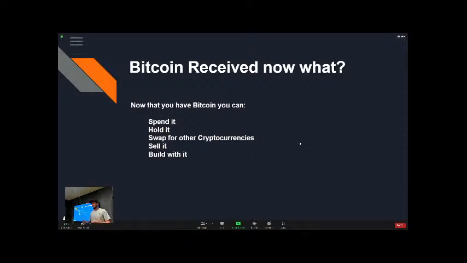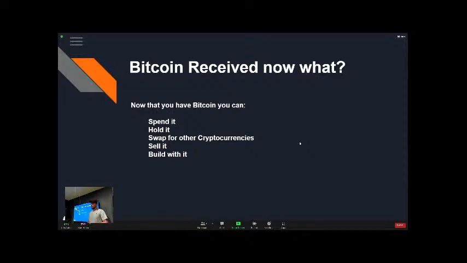You can build with it. You can actually build stuff using Bitcoin, or you can program with it. You can create really cool stuff. An example of that was the colored coins, which came before NFTs. They were the original NFTs, based off of the blockchain, because when you sign a message, you can include metadata in there, so it can be used to build stuff on. That's where the idea of Ethereum came from, as a smart contract platform meant to do that. Bitcoin does it a little less, but Lightning, for example, is a great example of what people are building on top of Bitcoin.